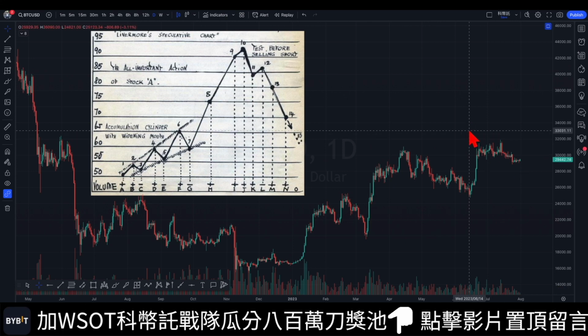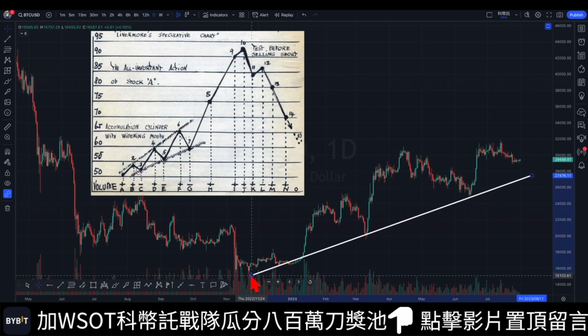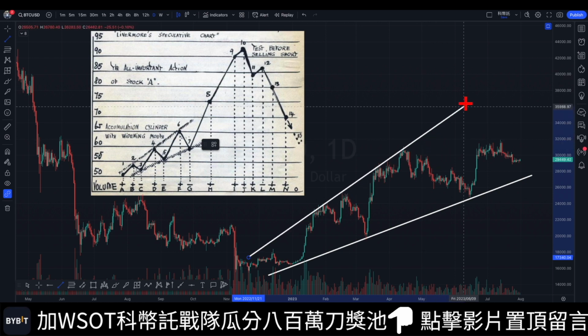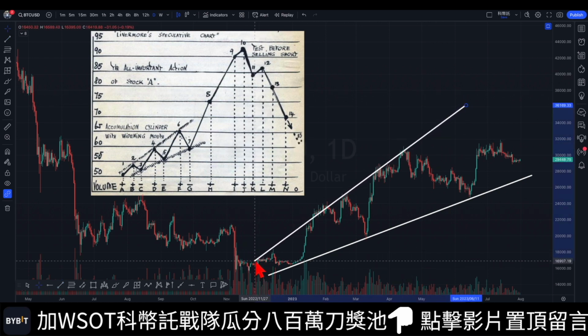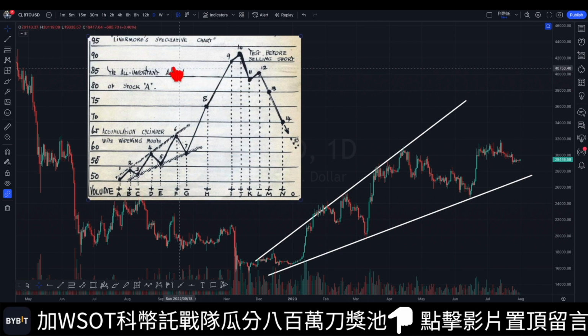Let's take a look at the similarities here. In this hand-drawn chart, there are several key points that are highlighted. At the top of the chart, the headline reads Livermore Speculative Chart, where speculative means related to speculation or trading for profit. Livermore, throughout his approach, believed that he was engaged in speculation. No doubt, trading is speculation. He didn't invest. It's important to recognize and understand the nature of our actions.